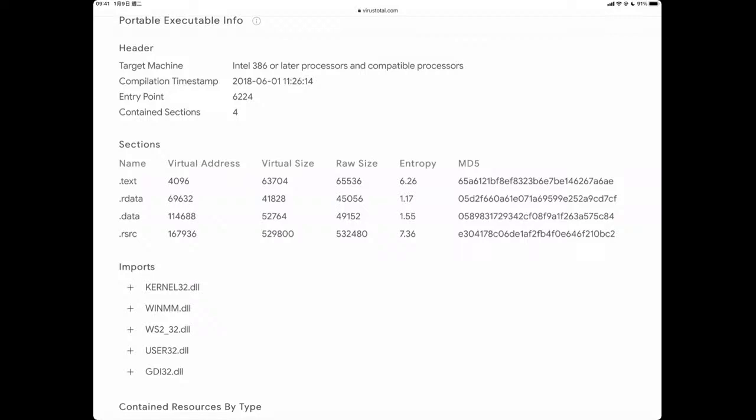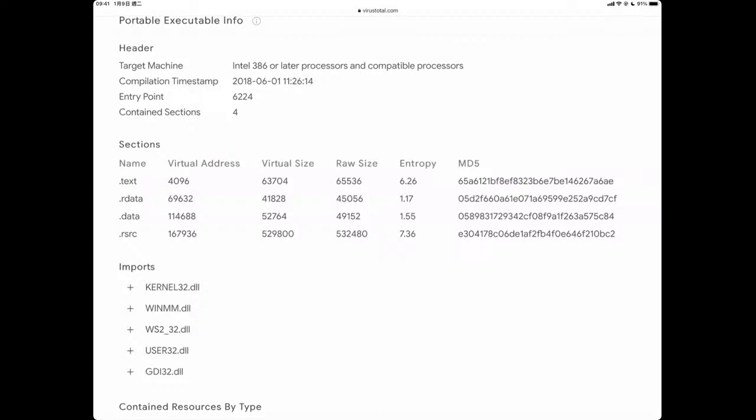And there are 3 other sections. Usually .rdata and .data are, for example, your strings, your variables, something like that. For resources, usually those sections include some images or some strings. Remember there is a value right here called entropy. We will talk about this specific column by using our code.